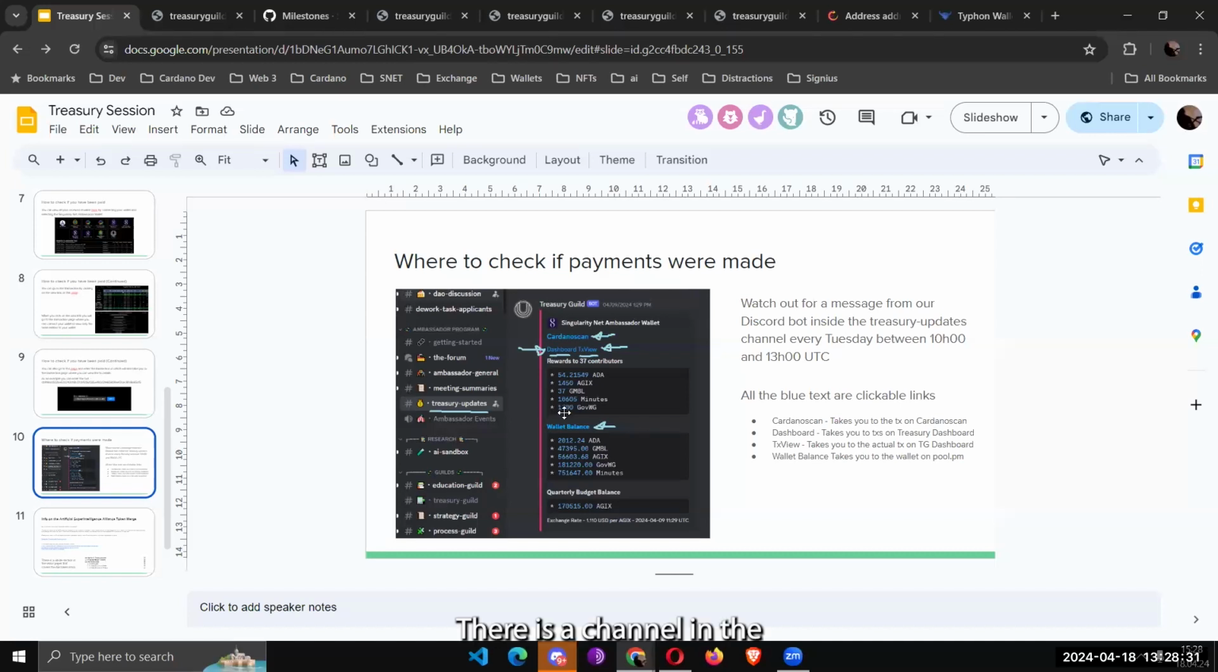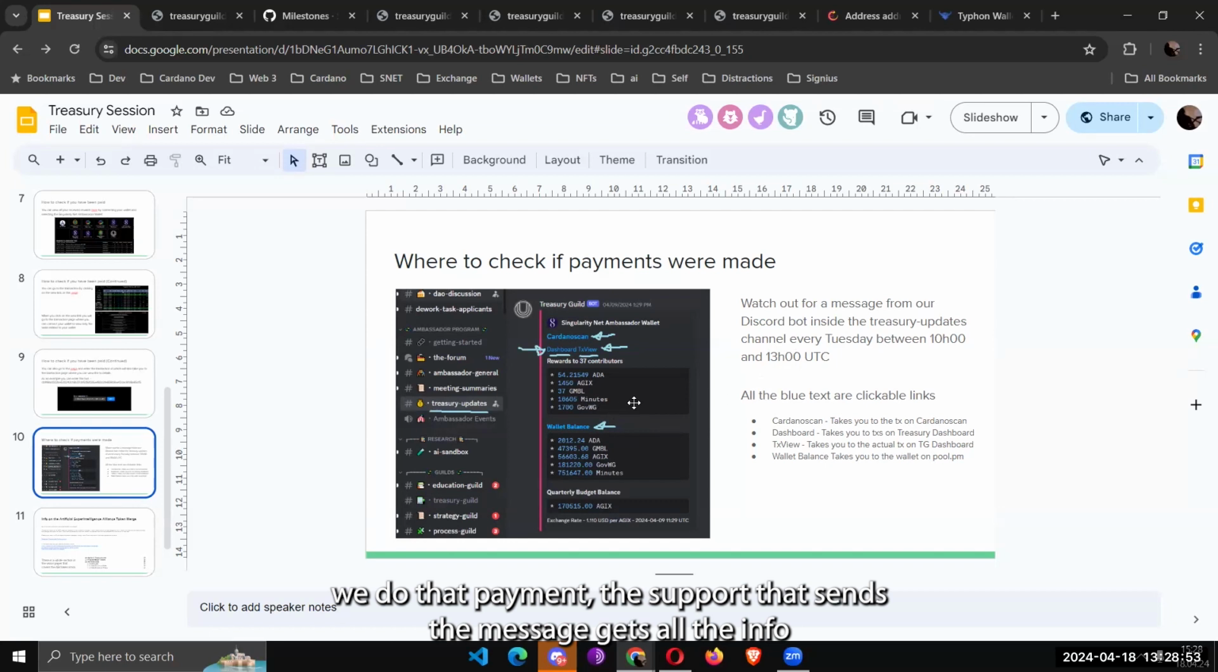There is a channel in the Discord, the Treasury updates channel. You'll see a little money bag there. Every Tuesday between 10 a.m. and 1 p.m. UTC, we do those bundling of transactions, and then once we do that payment, there's a bot that sends a message